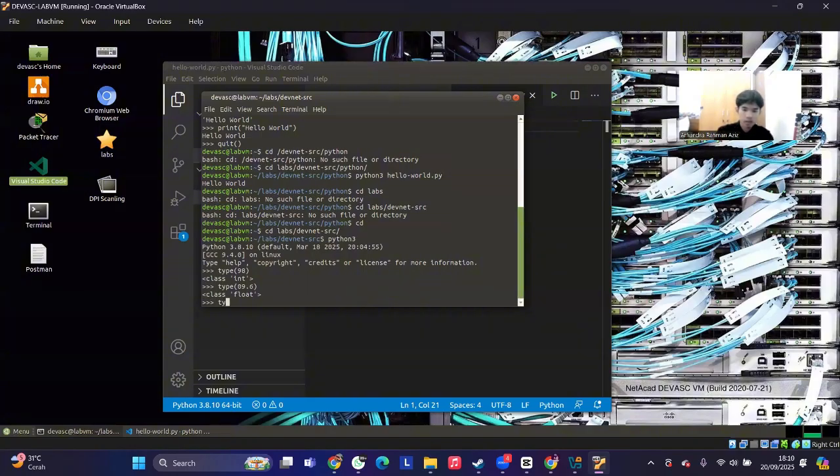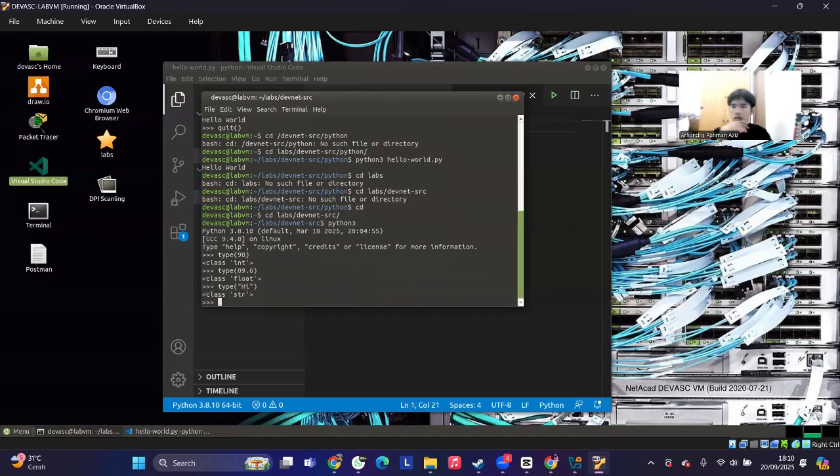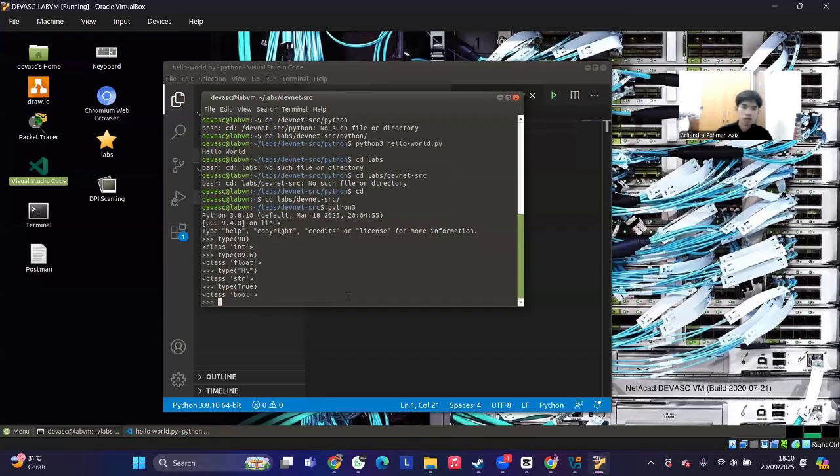And then for example I type hi, close bracket, and Python will define this as the string class. And then the last one, type true, and Python will define this as boolean.